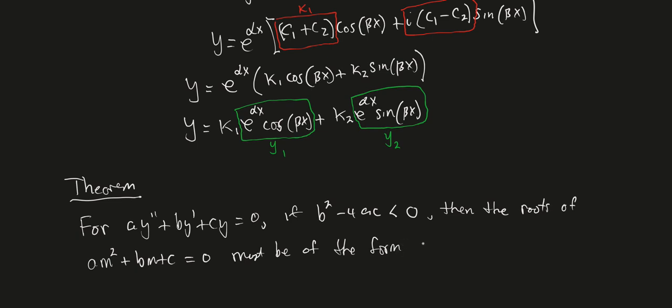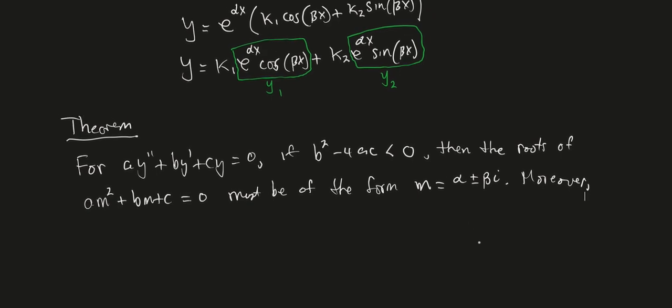So it must be of the form m equals, and then I'll write it as plus or minus, so it's going to be alpha plus or minus beta i. And that's why we refer to these as complex conjugates, because they occur in pairs, right? One's a plus, one's a minus. It must be of this form. Moreover,